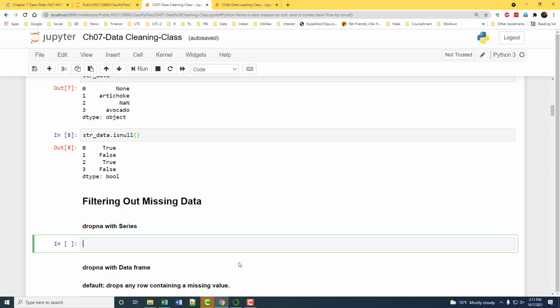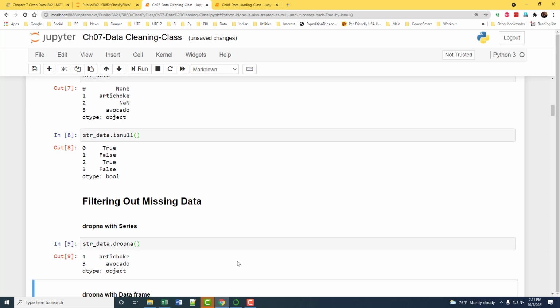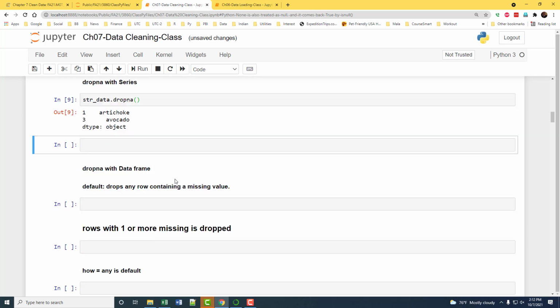So dropna is the method that we can use. If you take the str data, dropna, okay, so now it's dropped the missing values. Now dropna works about the same with a data frame. So now I'm going to create a data frame,